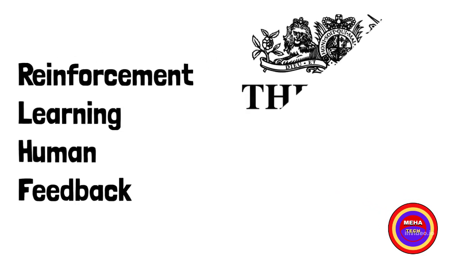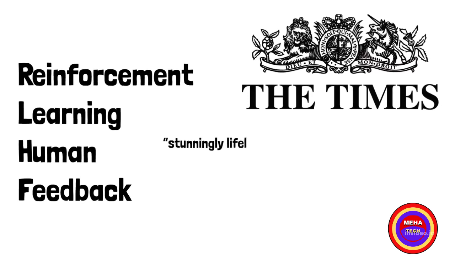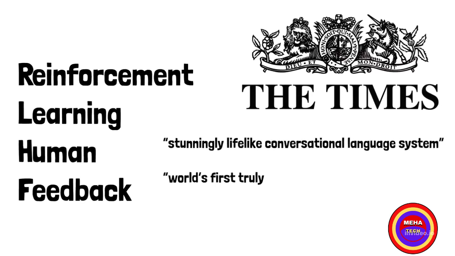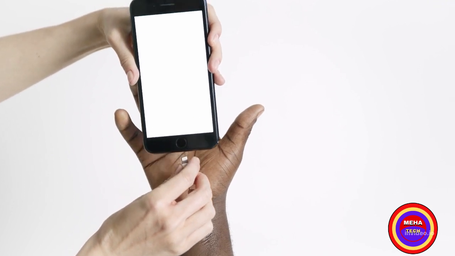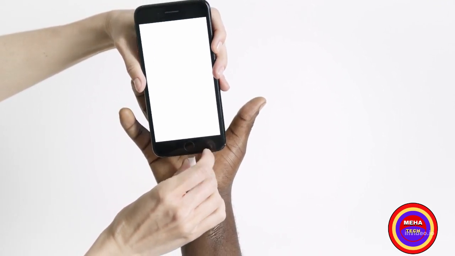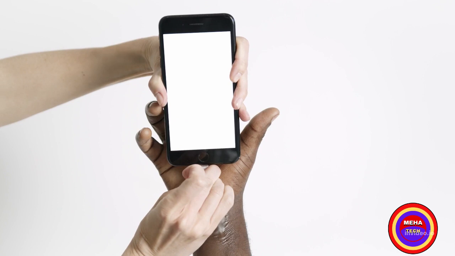The Times newspaper in the UK describes ChatGPT as a stunningly lifelike conversational language system and described it as the world's first truly useful chatbot. This all seems a bit too good to be true, and maybe it is. We have to think about not only the limitations of the technology, but also the challenges and threats that it